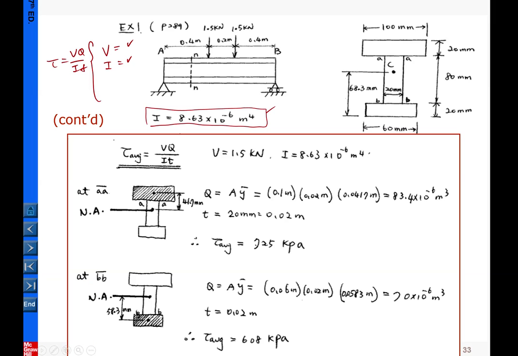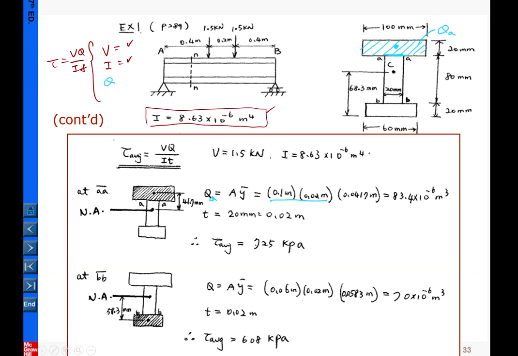So for example, we're interested in the shear stress at here. For this case, I pick this shaded area for Q. Okay. So then we call this QA. So QA basically is the area, and the area equals this, multiplied with the